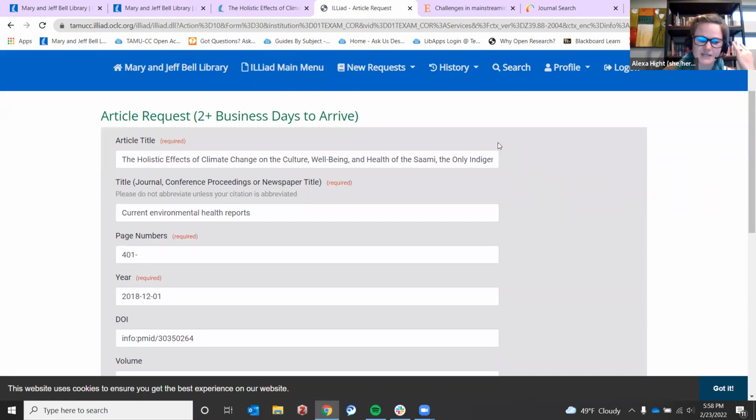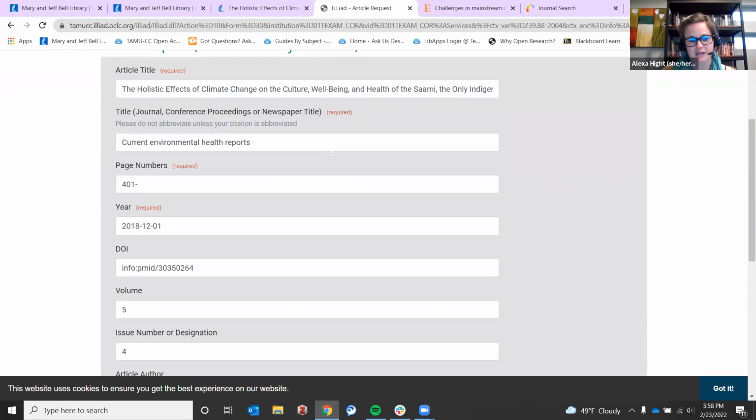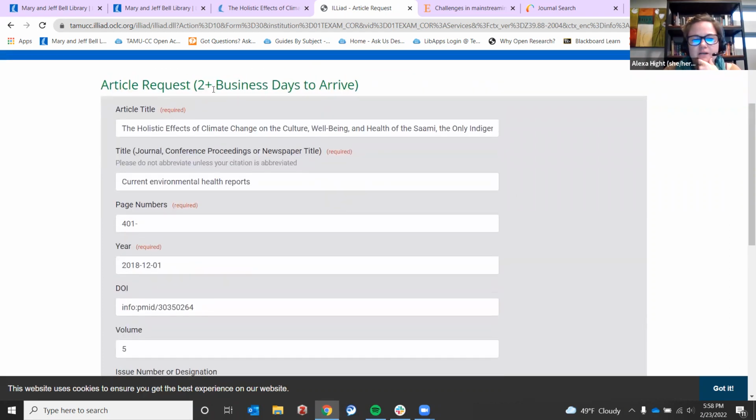But this is telling me, this is auto-populated with all of the information that I need to make the request. So I don't have to type things in or copy and paste the information that I need to ask our Interlibrary Loan department to get this article for me. As you can see on the top, it does say article request, 2+ business days for arrival.